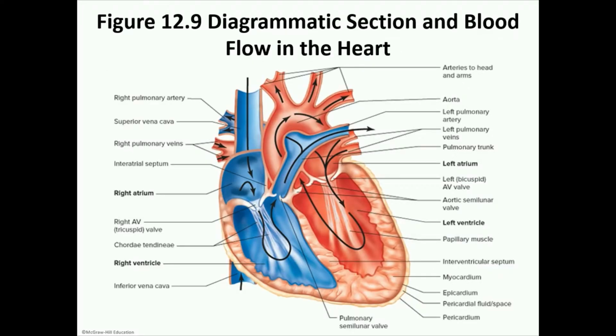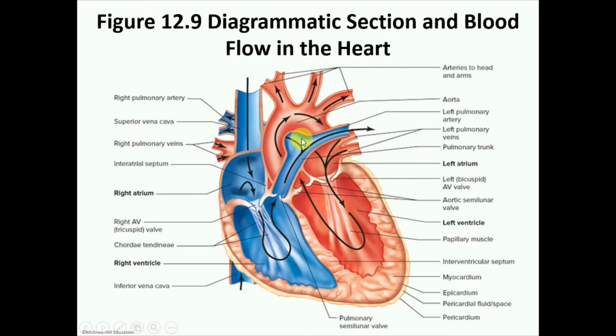This right here is a section in the heart, and we are going to go through the whole blood flow. This is your superior vena cava and the inferior vena cava. Those are going to dump the deoxygenated blood into the right atrium, then through the tricuspid valve into the right ventricle. That will pump the blood through the pulmonary valve into the pulmonary artery or pulmonary trunk that divides into